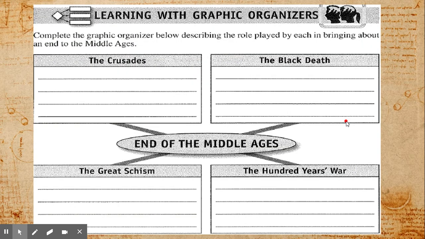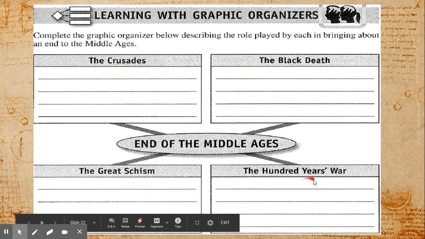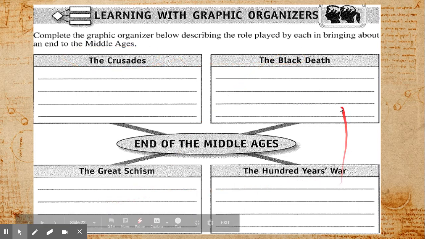So graphic organizers. Okay, so the different things that caused the end of the Middle Ages. You had the Crusades, you had the Black Death, you had the Great Schism, and the 100 Years' War. And they have different reasons why they ended the